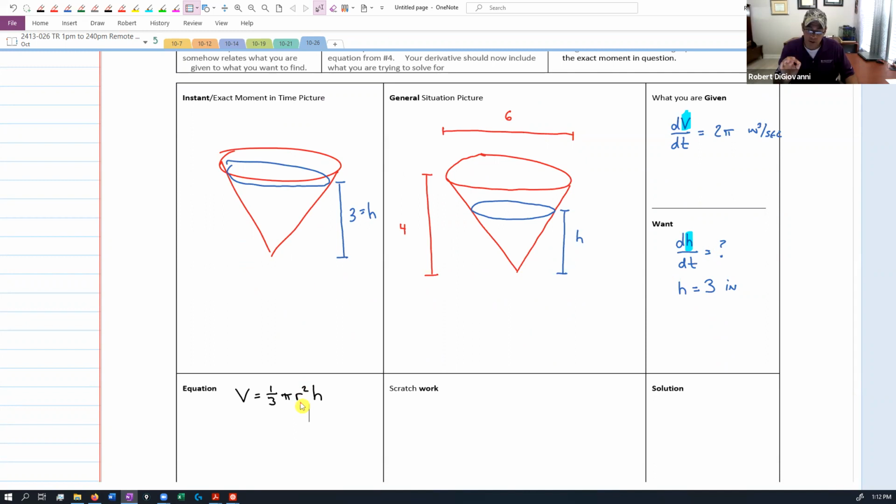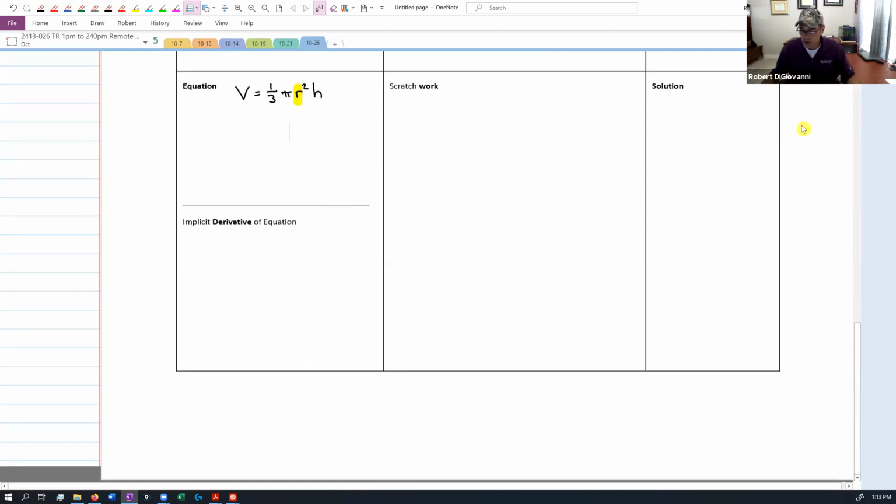So here's the critical step. This is the critical step of this problem, is that you really don't like the R. But this cone, this water that lives inside this other cone, if we start messing with it geometrically, we might be able to find a relationship between R and H that will allow us to eliminate R from the equation. Okay, so what do I mean? Let's take a look. I need a new page for this. Let's take a look at that